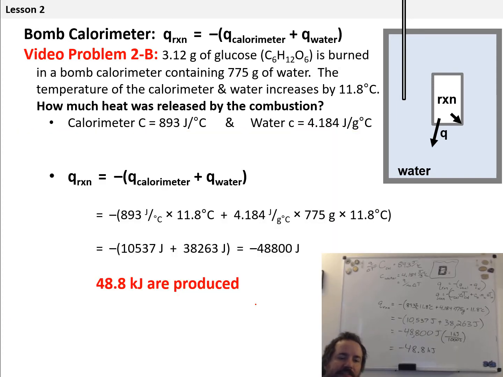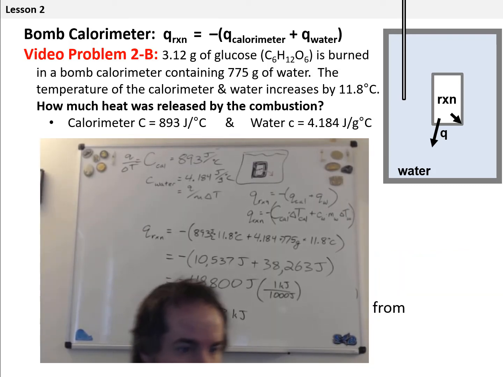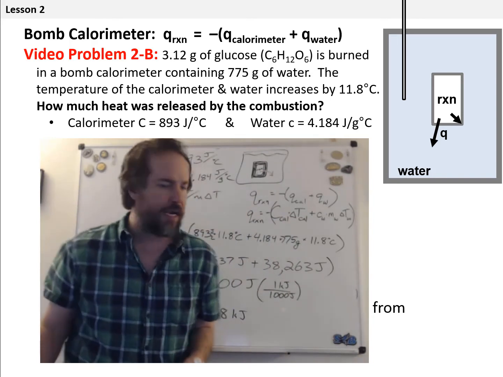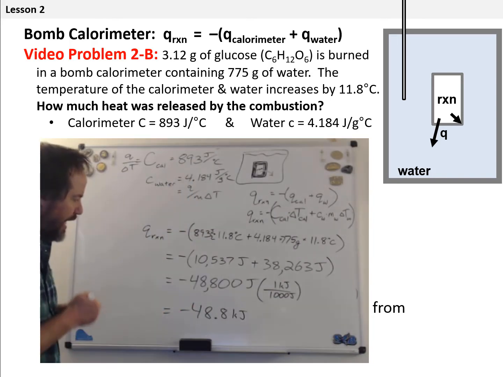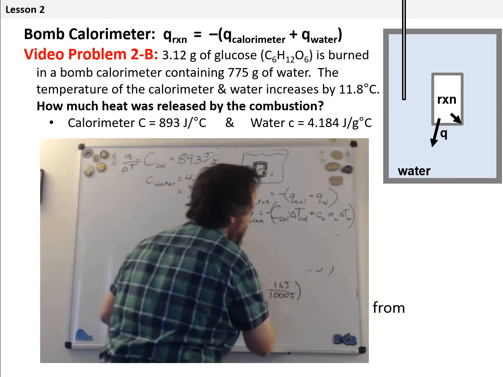Now, that negative sign that I calculated, what that means is that heat is leaving the system, right? And so that means 48.8 kilojoules are produced, right? When I do this reaction, I'm putting out heat, right? So it's produced. Okay, so we went over this in lecture, but I want to go over it one more time. All right, so this negative 48.8 kilojoules, this is for